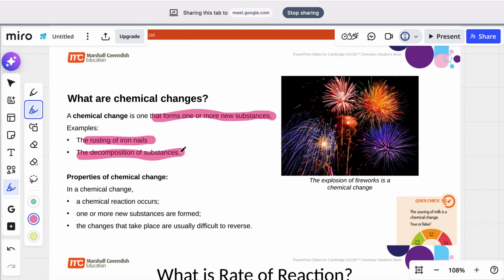Also the thermal decomposition of calcium carbonate into calcium oxide, carbon dioxide, and probably one other product, right? If you write the chemical equation, these are chemical changes. Calcium carbonate decomposes into what? Into calcium oxide,